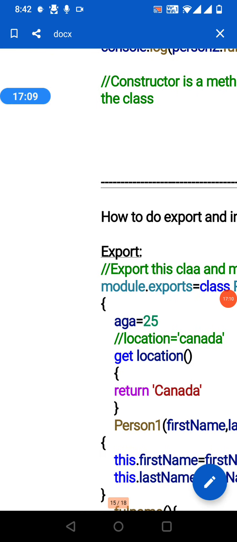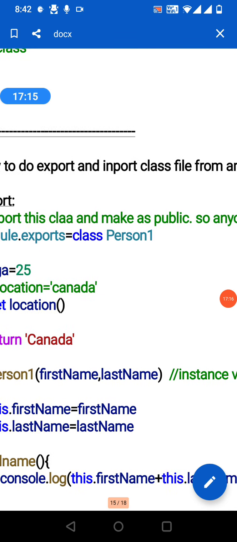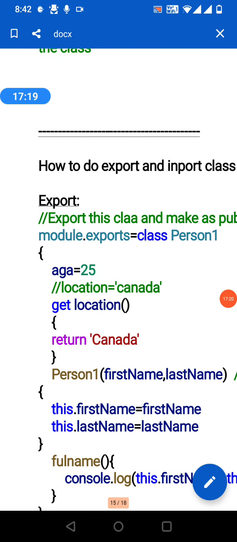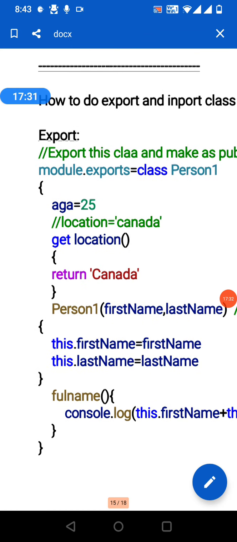Suppose you want to use the same class file in different class files, so for that we use export. How to do export and import? For export, module dot exports equal to class person 1. Before that we give module dot exports equal to, so it will be ready to export.